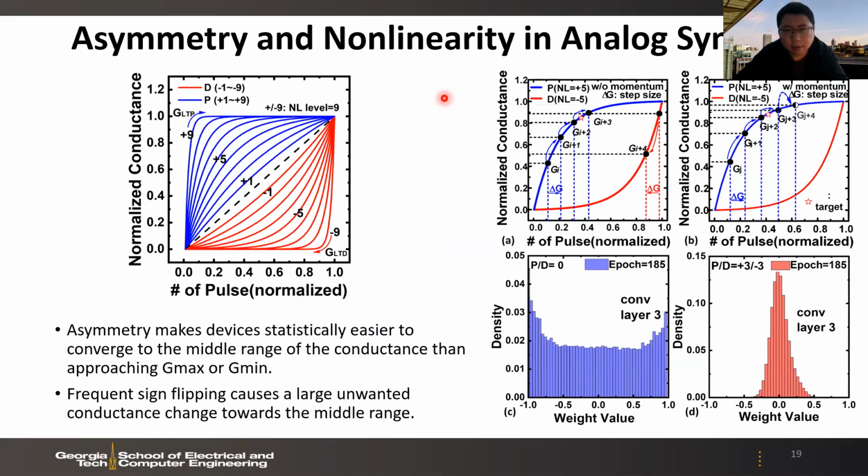So there are some challenges in the weight update if we directly do the training on the device. The device conductance modulation may follow this blue and red trajectory. The weight increase, or conductance increase, may follow the blue one, and the decrease may follow the red one. So this creates the asymmetry and nonlinearity problem. From our analysis, we see that if you have this asymmetry and nonlinearity, then the training accuracy will be